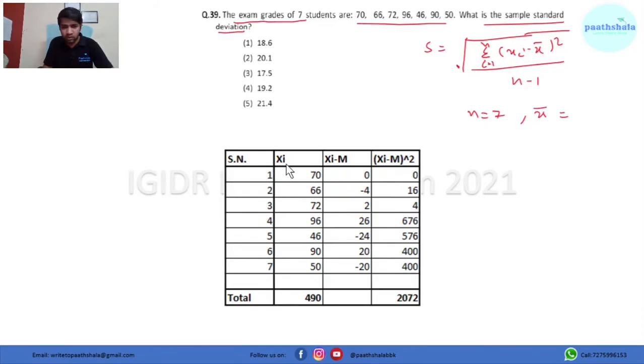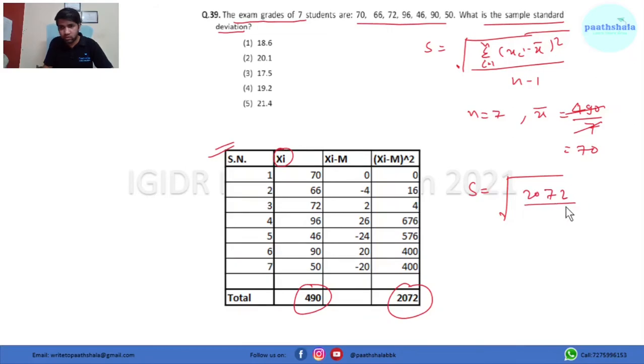So for you, I have drawn this table. Here you can see that summation xi is 490. So 490 upon 7 will come out to be 70. After that, I find this deviation, that is xi minus mean. So this will come out. Now after that, I have squared and found the total, that is 2072. S will come out to be under root 2072 divided by n minus 1. This will be 6. So when you divide it, this will come out to be